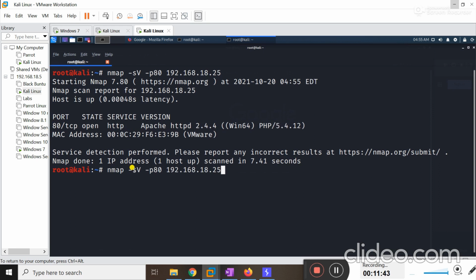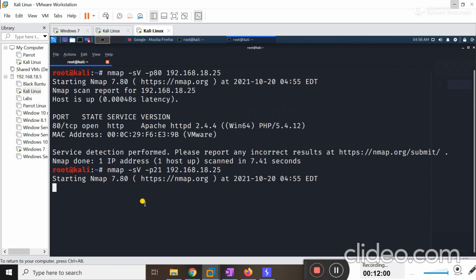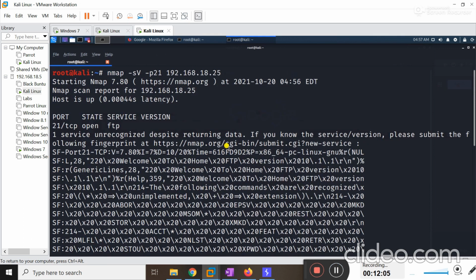See, if you want to know about any other port, you can specify the port here. If I type here port 21, definitely now it will show me some information about port 21. Let me show you.